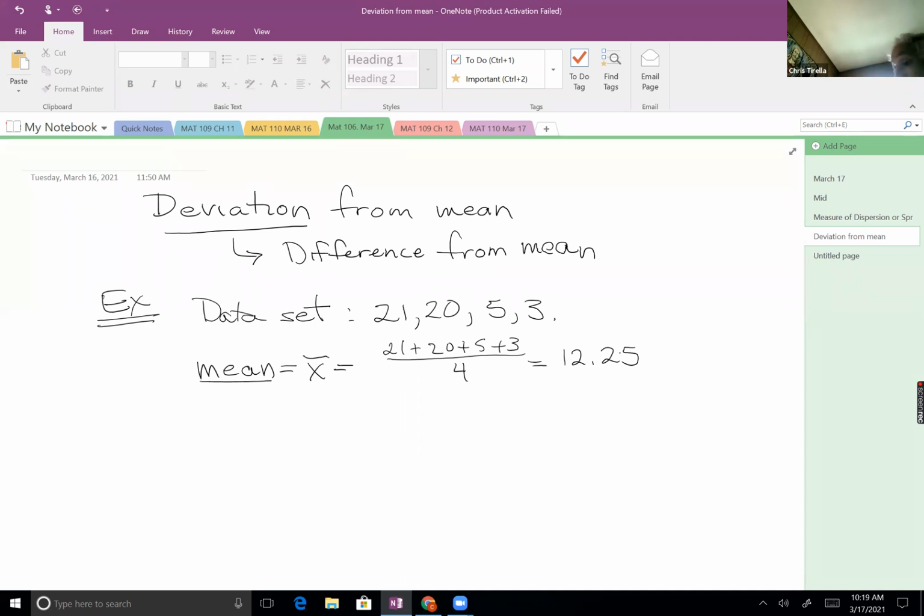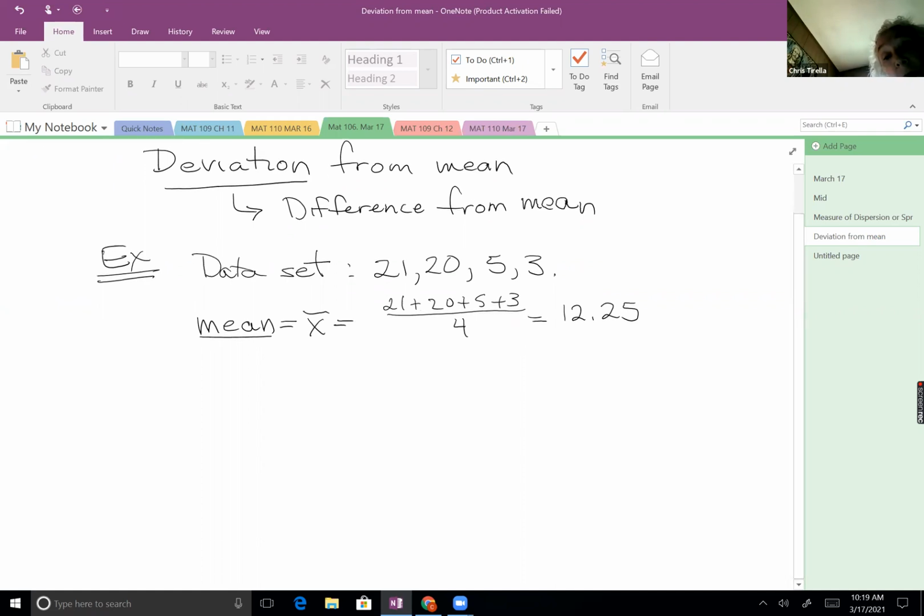What are you folks getting for the average? 12.25. Everybody getting 12 1/4? The numbers add up to 49, and 49 divided by 4 is 12 1/4. And so if I were to ask for the deviations from the mean,